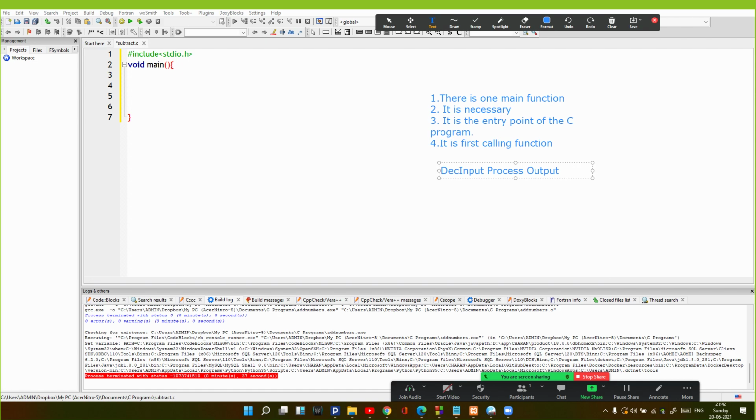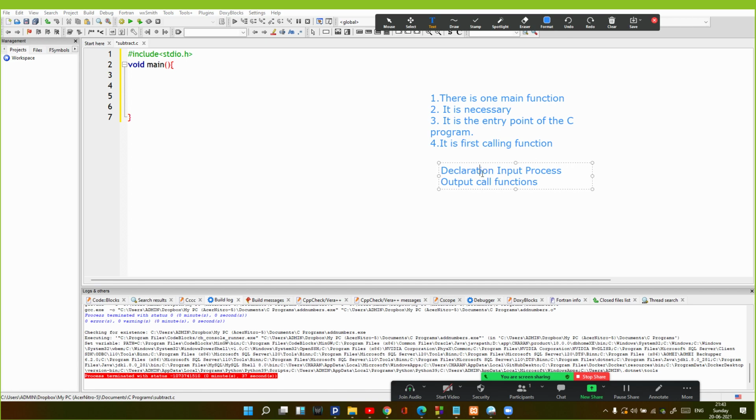But before that, declaration is necessary. Along with this, we have to call some functions to run the program, to take an input or print the output. So we have to call the functions also in between these steps.